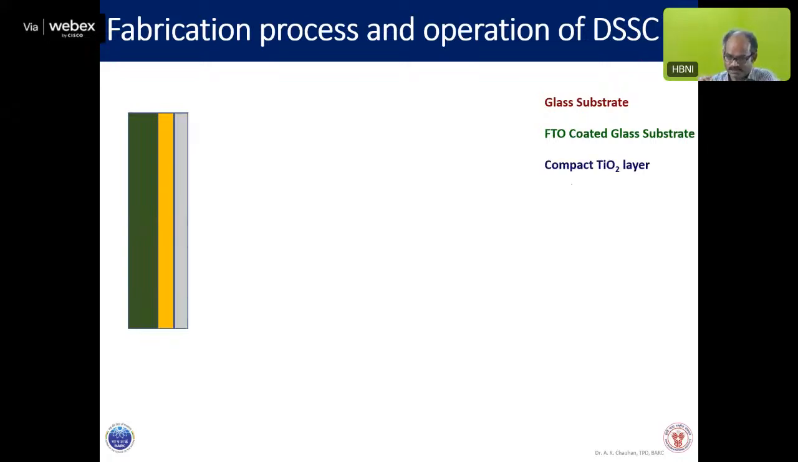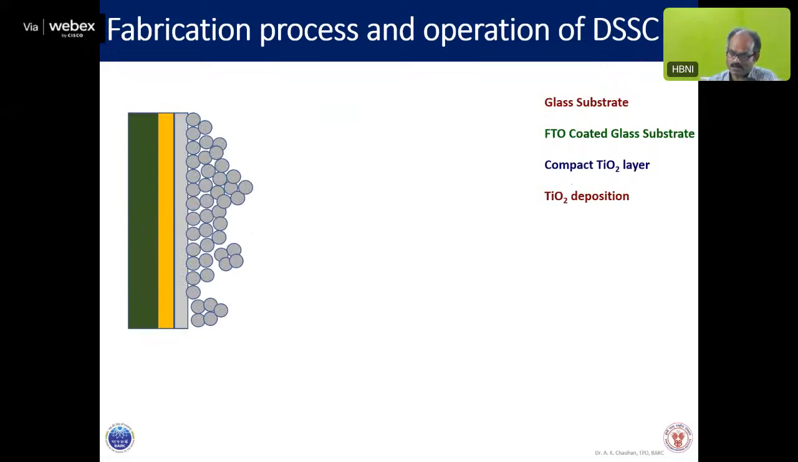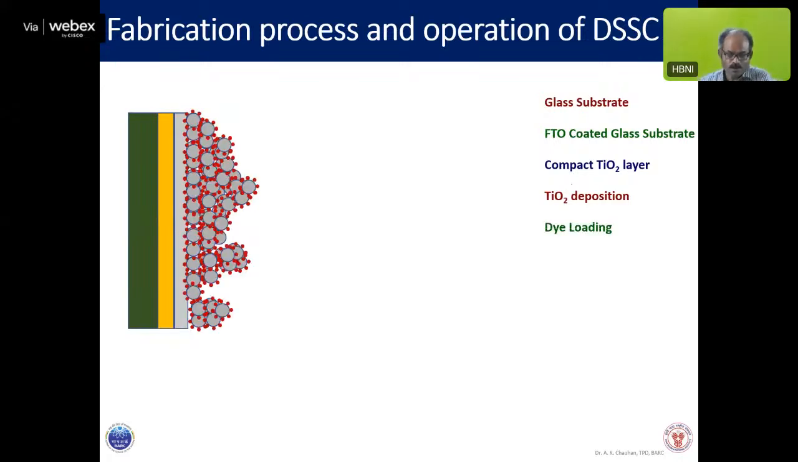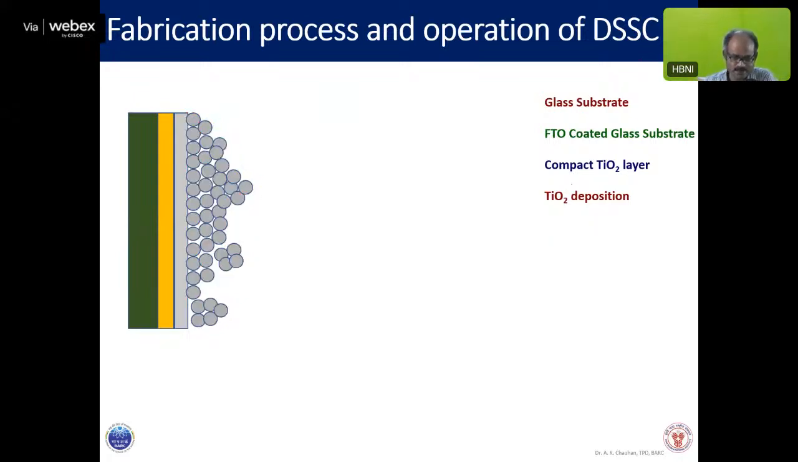First, a very small TiO2 compact layer is deposited. Then over this, TiO2 spherical nanoparticles are deposited. Why do we deposit them as nanoparticles? Because this way you can increase the surface area. This entire assembly is called the photoanode, and then it is dipped inside a dye. Now you dip it inside the dye and keep it there for some